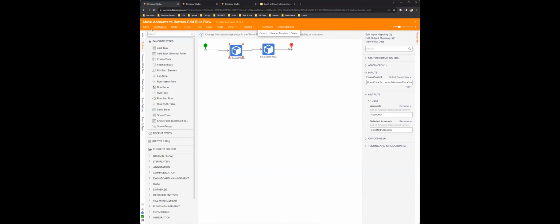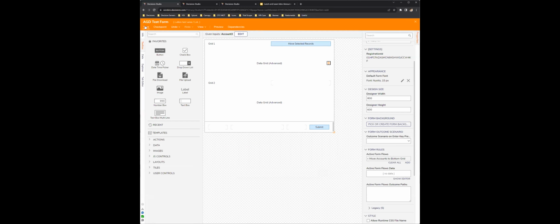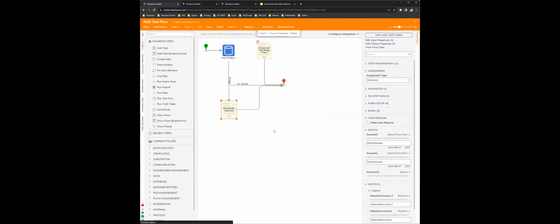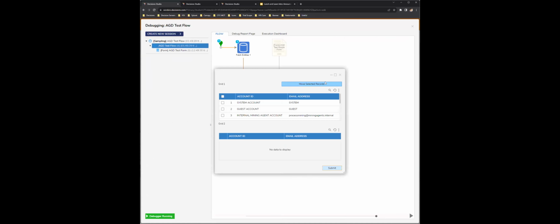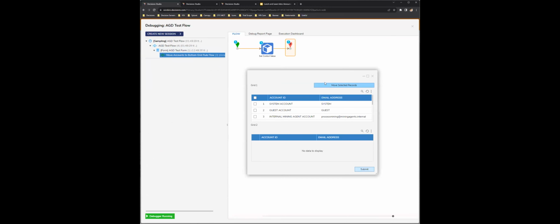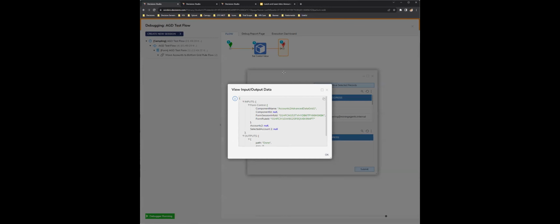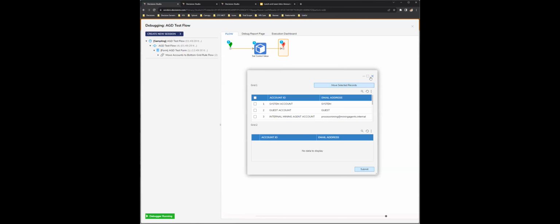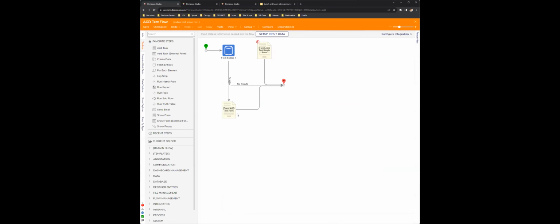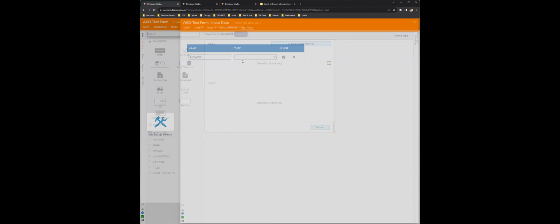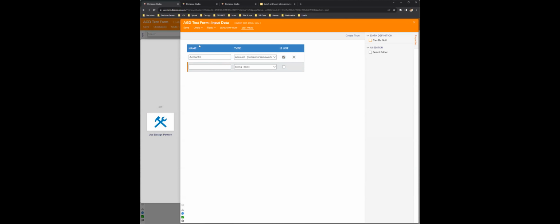So if I try to run that, I'm not sure why this new step's not being reflected in the debugger, but let's just see if that actually runs what we expect it to run. Yeah, it's still running the older version of this. Okay. But that's how to add the input to it. If you go into the form, there's a section up here where you can click on edit, add that input variable, and you'll have access to it inside the active form flow.